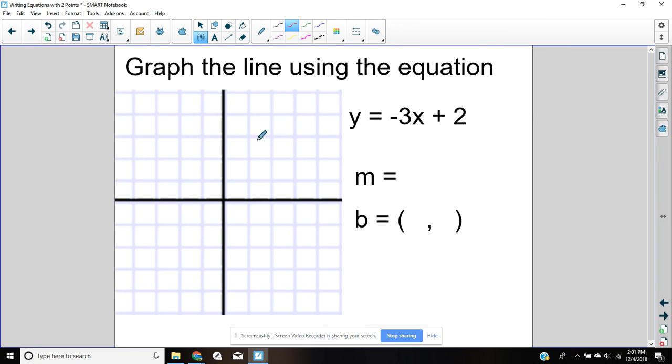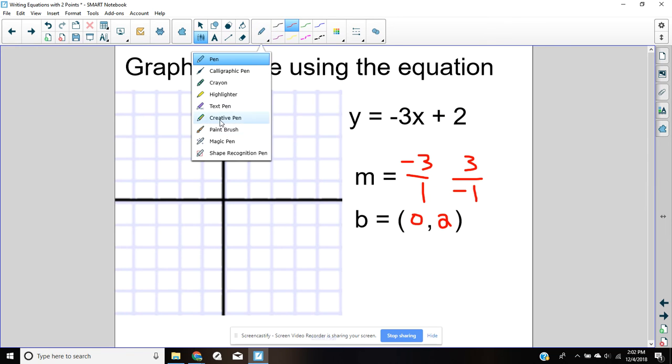The next example is when we're going to graph a line using the equation that's given. So if you remember in class, we identified the slope of the line and wrote it 2 different ways, -3 over +1. And then we switched where the negative went and went +3, but the negative went in the denominator. The B is my y-intercept. My y-intercept always has an x-coordinate of 0, a y-coordinate of 2, because that's the number that it tells me,